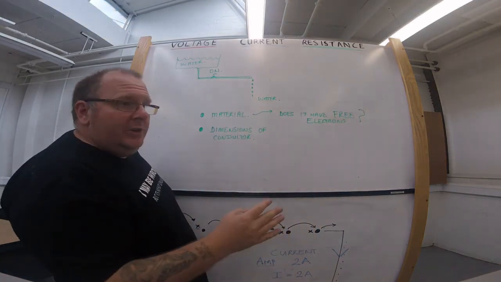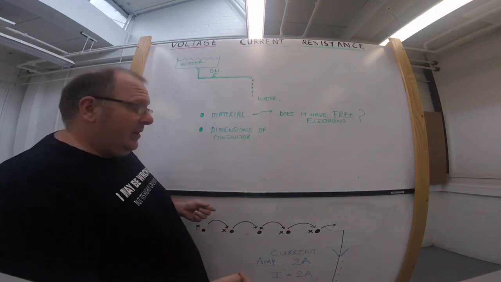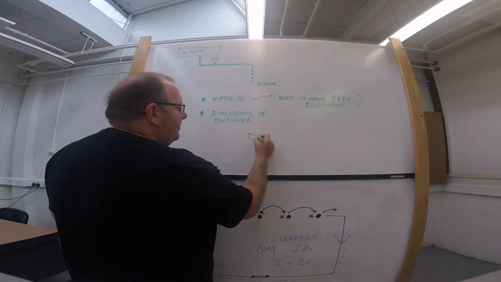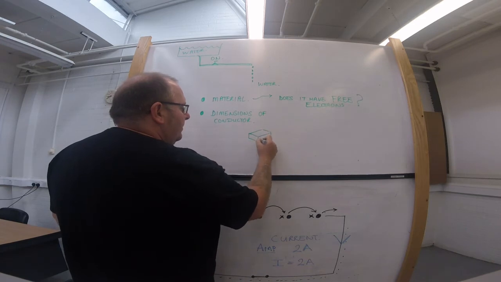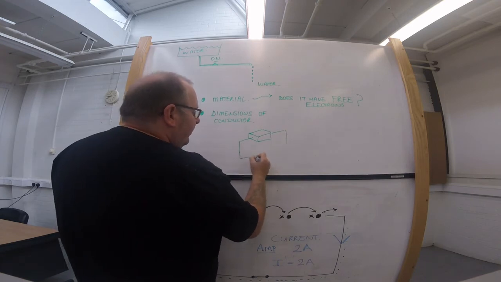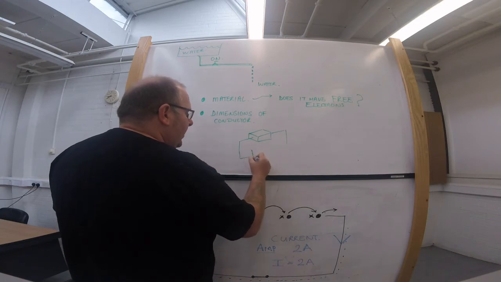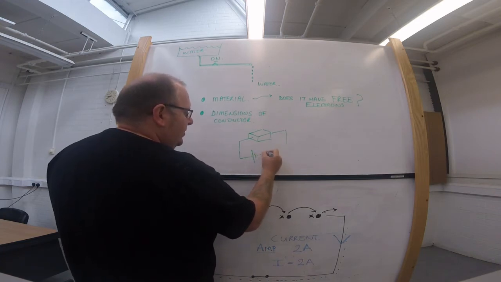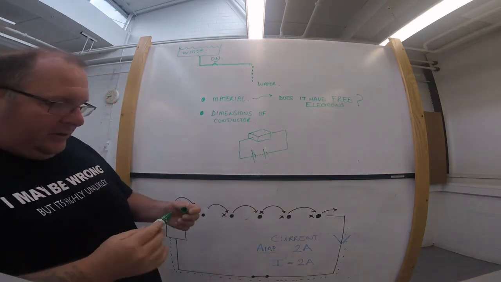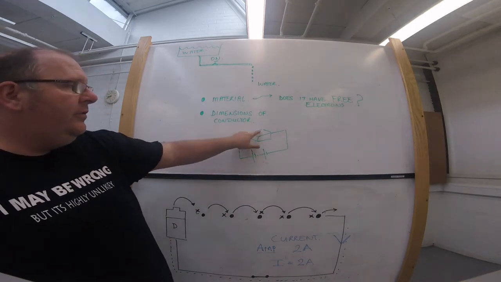If the answer is yes, you should be able to pass a current through it. The dimensions of the conductor, the size of the pipe. If I have a conductor, let's say I wanted to run a circuit like this. I'll draw the symbol for a battery rather than actually drawing a big battery. So this is just the symbol for a battery. If I want to place a battery there and cause a current to flow through this material,